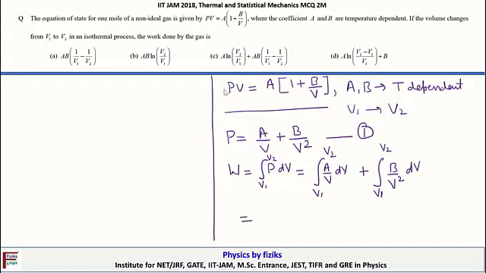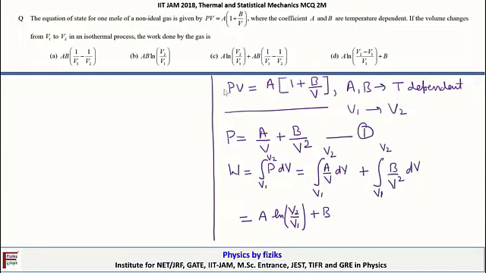A by V dV will give you ln V. A stays outside because it's a temperature dependent quantity and has nothing to do with the volume. So that's why we can keep it outside: A ln of the final volume V2 upon V1, plus AB by V square. B is not constant, it's temperature dependent, so we can keep it outside the integral. Then 1 by V square dV will give us minus 1 by V, and then from V1 to V2, upper limit minus lower limit,